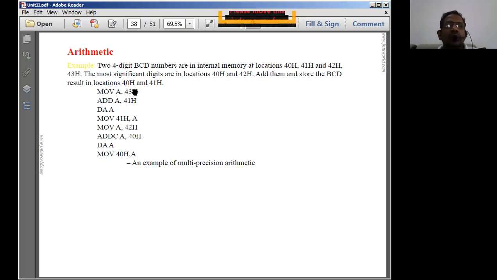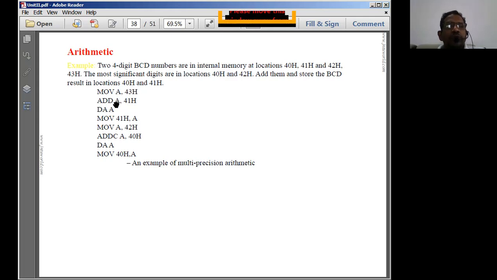Now, how do we normally solve this problem? We simply move the 43H contents into the accumulator. What is there in 43H? The lower order BCD digits are there in 43H, and that is moved into A. And what is there in 41H? 41H has the lower order digits of the other BCD number.